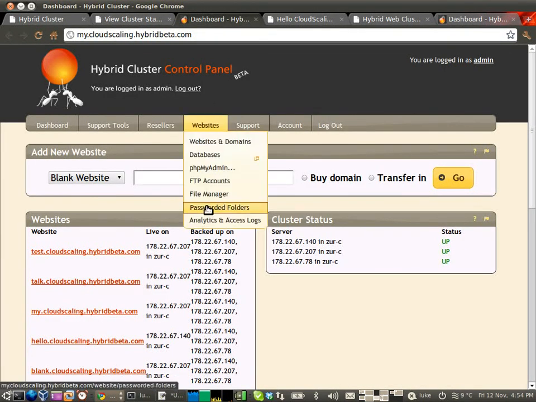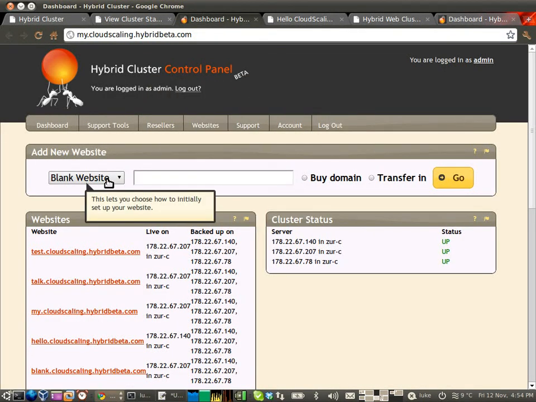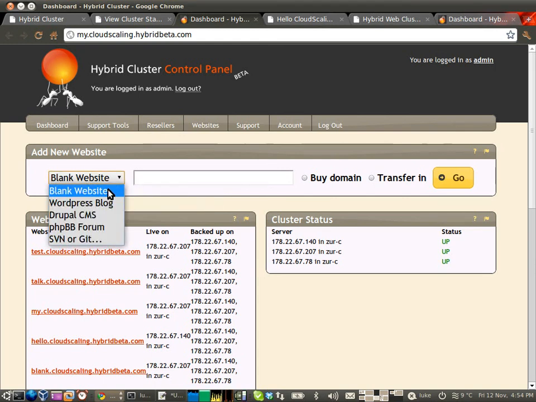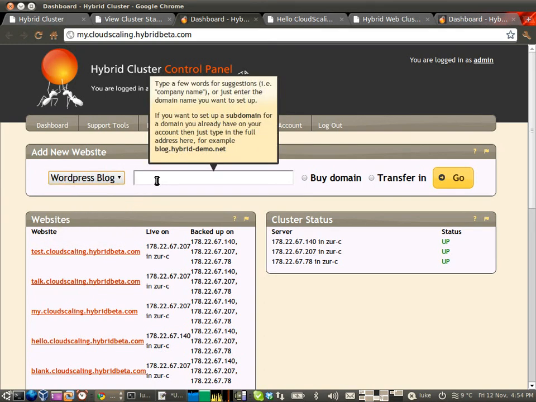and set up a new blog. Hover the mouse over here and you'll see that this allows you to choose how to initially set up your website. So let's go for a WordPress blog. Click WordPress. Now into this box we need to pick a name. So let's call it screencast. And as soon as I click dot,